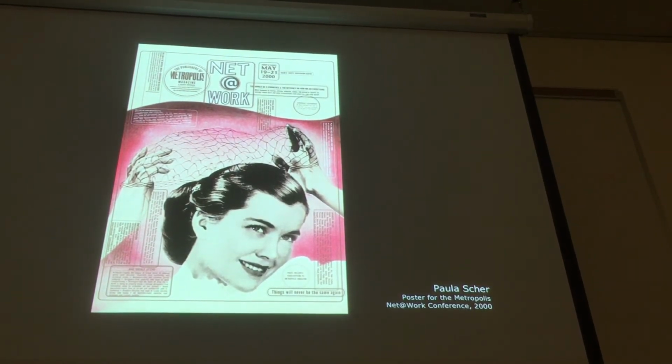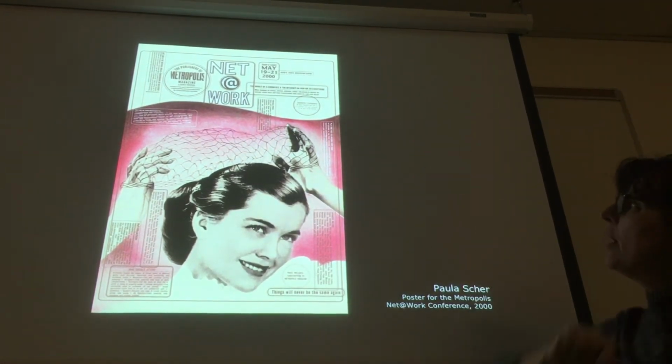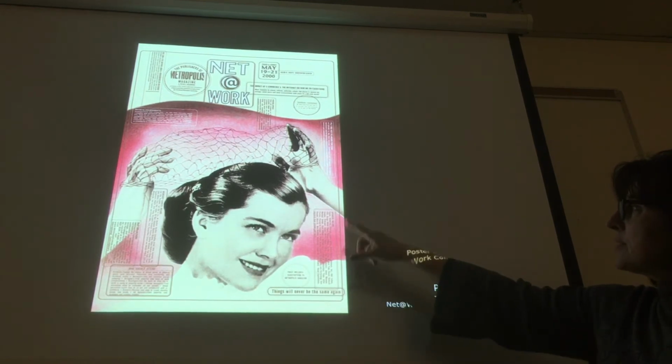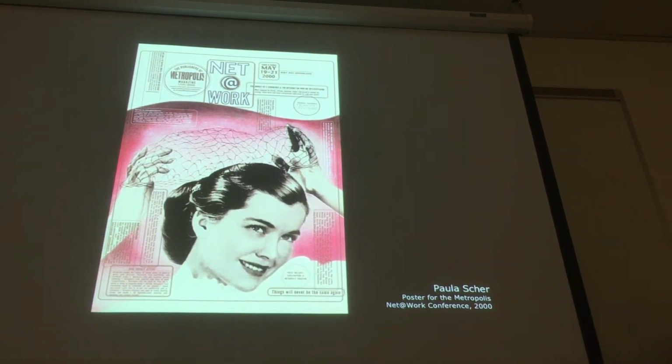But if we look at it again, we start to notice, oh, the typography is very modern typography. The date certainly is a modern date. And some of the things that are being done, like turning type sideways, that's right out of New Wave fashion. So she's pulling in things from the past, but then she's doing a modern reinterpretation of them, creating a new variation of them. And that was kind of new to a lot of people. They hadn't really seen that kind of thing before Paula Scher came along.